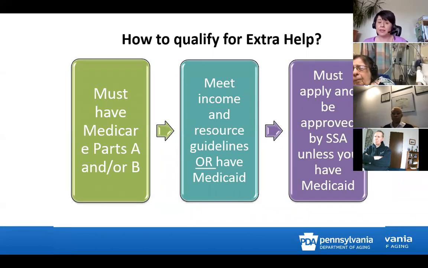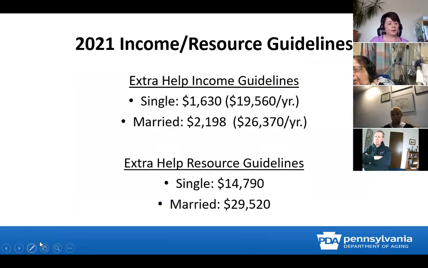Second, they must meet the income and resource guidelines unless they already have Medicaid. And then finally, of course, they must apply for the benefit if they don't have Medicaid already. So we'll take a look on the next slide at the income guidelines here. And the income guidelines I have on the screen are actually the highest possible income and resource guidelines for an individual in